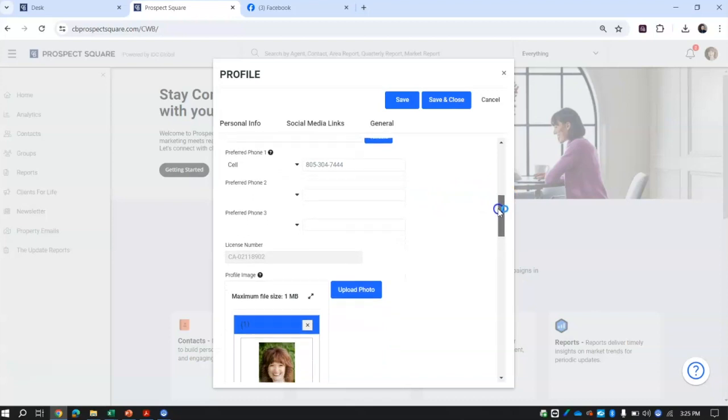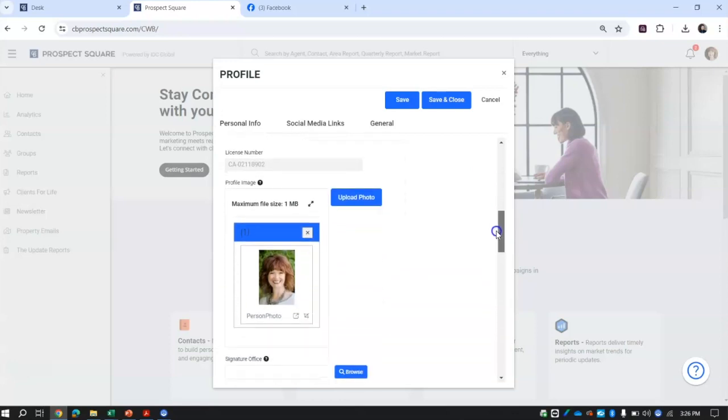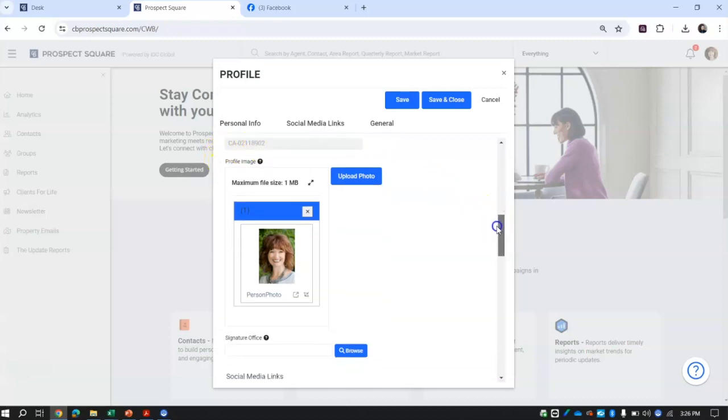Next up, we have the phone numbers. As you can see, we have the ability to add 3 different phone numbers to your Prospect Square, let's call it a signature for lack of a better term. And in addition, you have the ability to label that as one of 3 different items, either an office number, a cell number, or another number. Down below, if you're in a state that requires a license number, your license number will appear here. Then we have the headshot